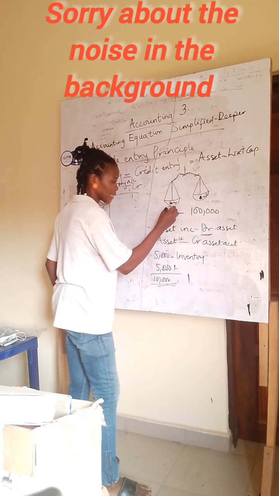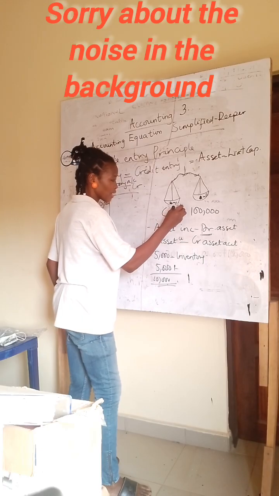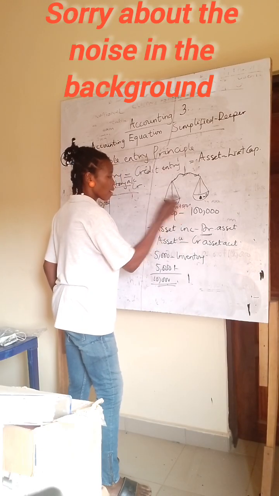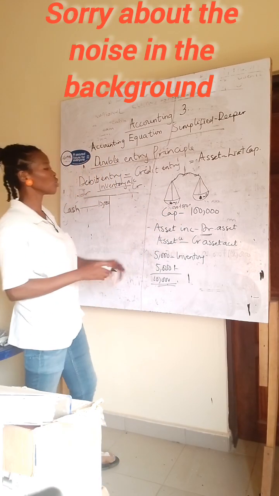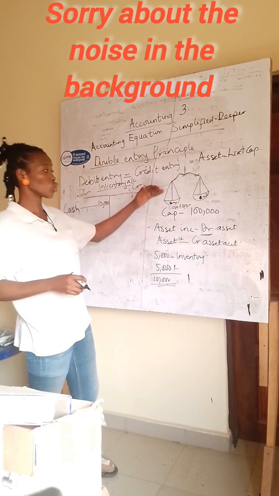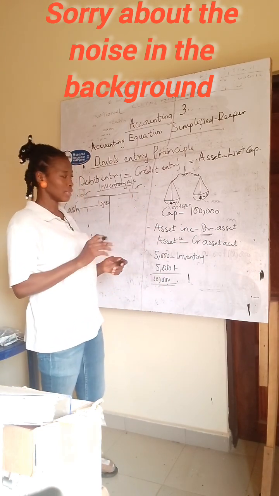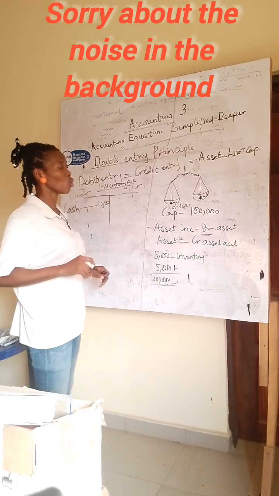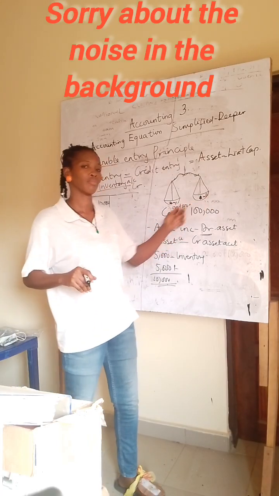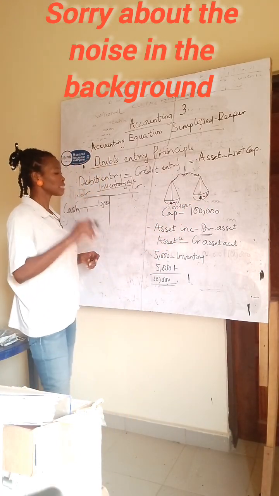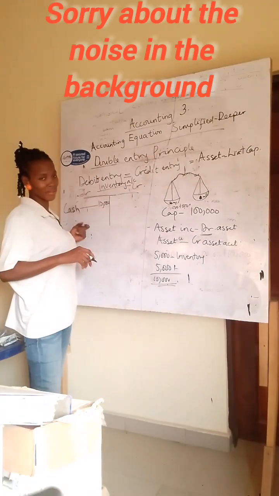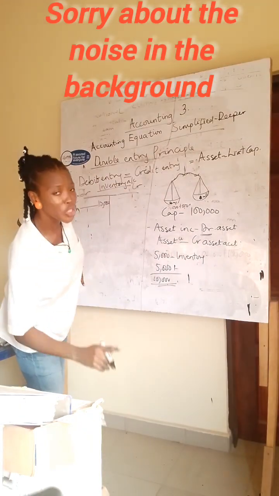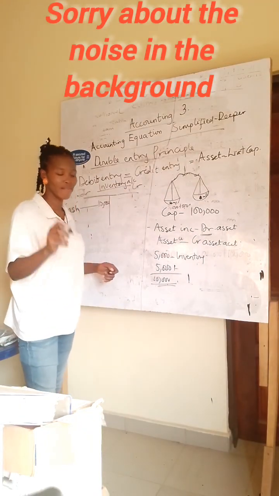Let's just use the scale as an instance. So we now have an extra 5,000 naira. By virtue of this, one side will have more weight, so it's going to go down more. Now, for it to balance, which we always say, the cash account will be reduced. Are we together? So in this case, our asset increased by 5,000 naira and our cash is reduced by 5,000